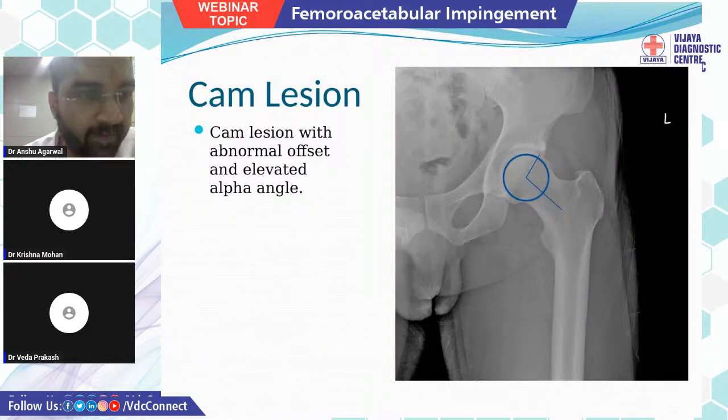Yeah, sure. So this osseous bump, when there is extreme flexion or adduction, will collide with the acetabular labrum, and ultimately it will lead to injury of the labrum and acetabular rim. Not only the acetabular rim gets damaged, but also the surrounding structures like cartilage and labrum, which experience a shearing force, ultimately get damaged and produce a crack at the chondrolabral junction.